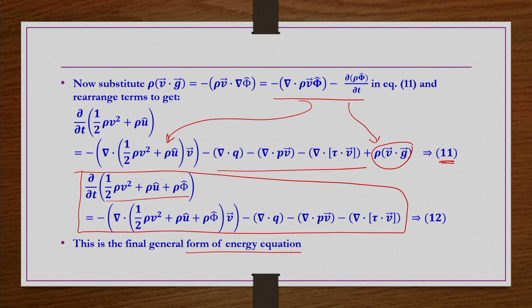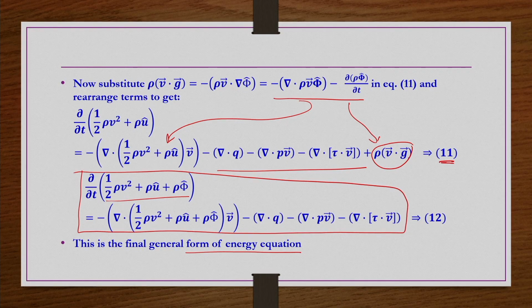So, what we try to do now is simplify this equation further. We have included all the terms in the energy, like internal energy, potential energy and kinetic energy. Now we are going to simplify this equation so that we can have an equation of change for internal energy, an equation of change for enthalpy, and then an equation of change for temperature. The equation of change for temperature is going to be the final usable form, an easy form for engineering applications. That is what we are going to do.